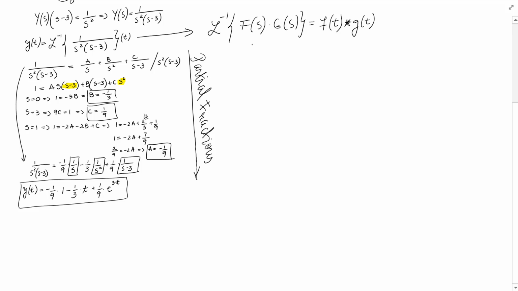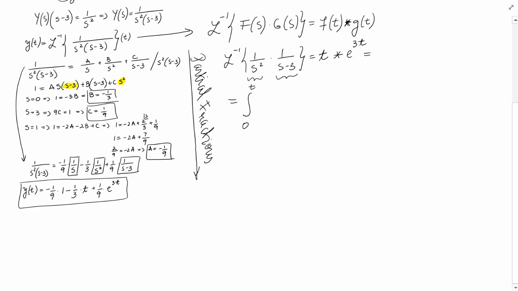So in our case, we have the inverse Laplace transform of 1 over s squared times 1 over s minus 3. So basically, what is the inverse Laplace transform of 1 over s squared? What function has the Laplace transform 1 over s squared? t. Convolution, what is the inverse Laplace transform of 1 over s minus 3? e to 3t. So then, in order to calculate t convolution e to 3t, we do the integral from 0 to